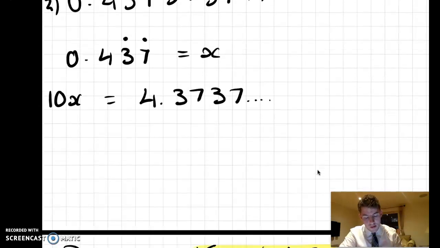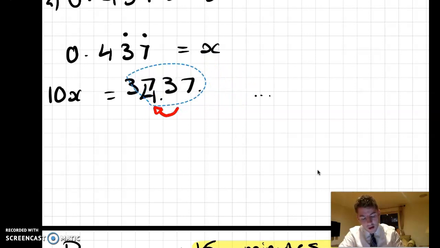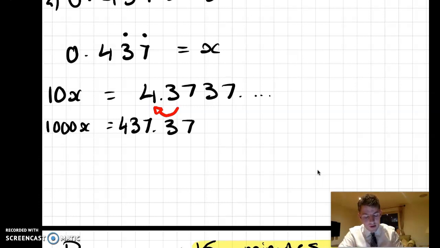Now we want to times this. We want to get another 3, 7 pattern. Well, we can't. We need to move that over 1. Essentially, we need to move our numbers over 1, 2. So we're going to times this by 100. So that's going to give us 1000x equals 437.3737. And now when we take them away,